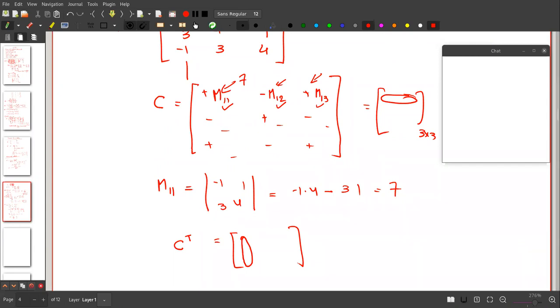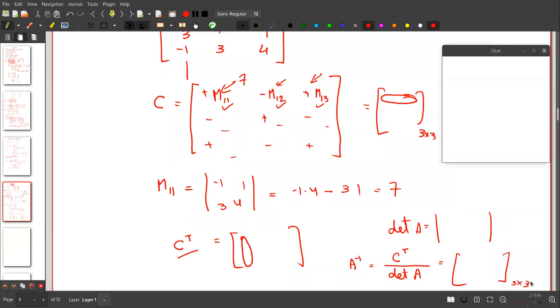With the cofactor matrix, you can calculate the transpose of the cofactor matrix, and you have to calculate the determinant also of the matrix. So the determinant of a 3 by 3 matrix you can calculate. Okay, so what will be the A inverse? It's the matrix that is the transpose of cofactors divided by the determinant of A itself. So this will be a 3 by 3 matrix. And since you have calculated the matrix, you have calculated the determinant, then you have calculated the A inverse. Am I clear up to this point?